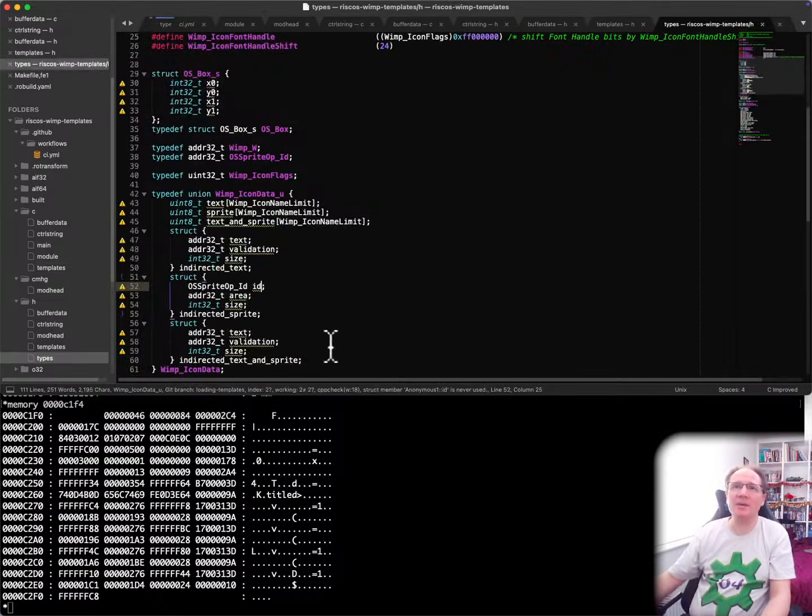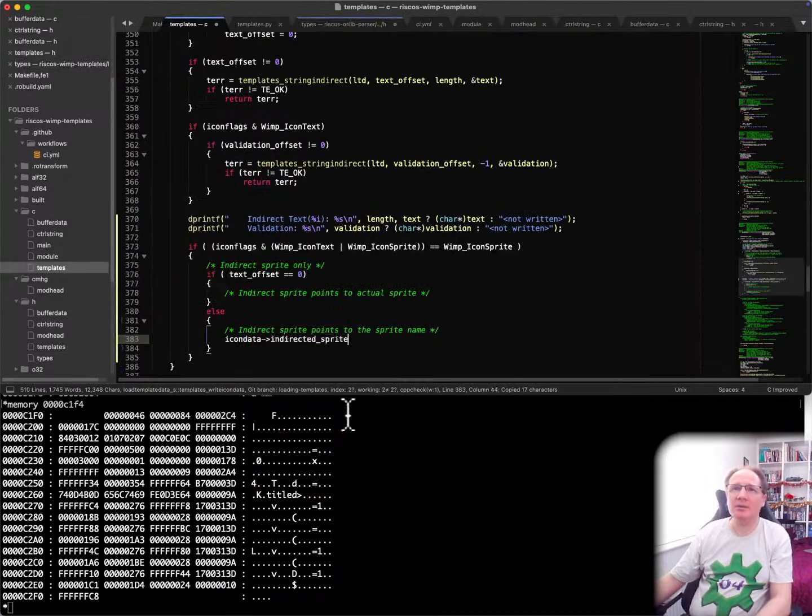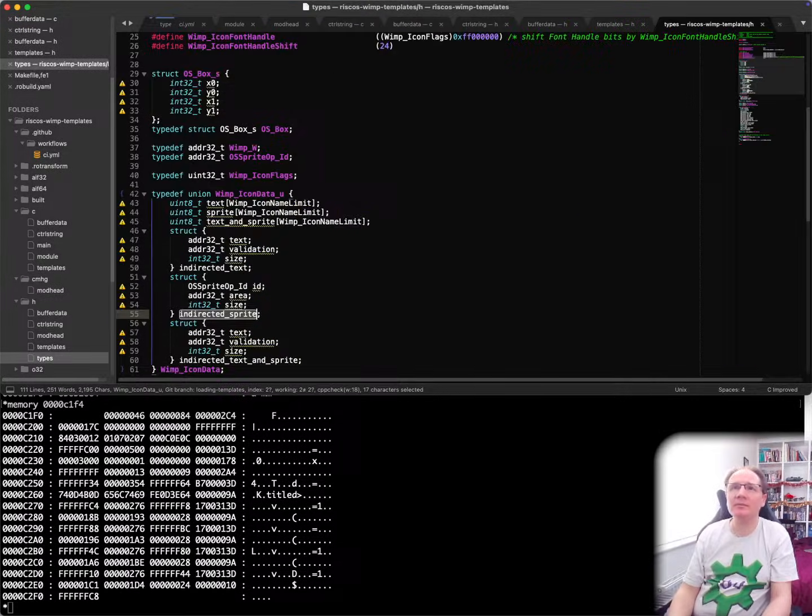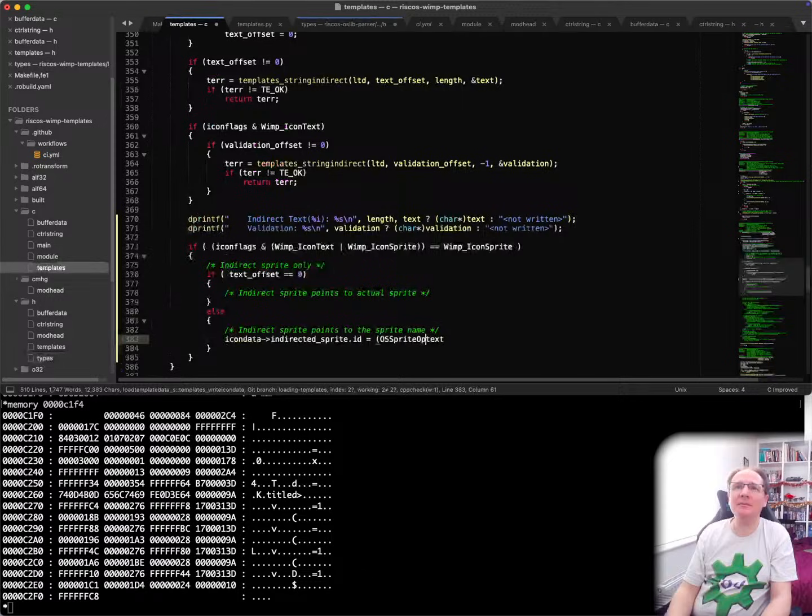Sorry, I had to copy that string, didn't I? Brain not with it. Indirect sprite dot id equals the text. Let's just cast that to an os sprite op id, capital I lowercase d,